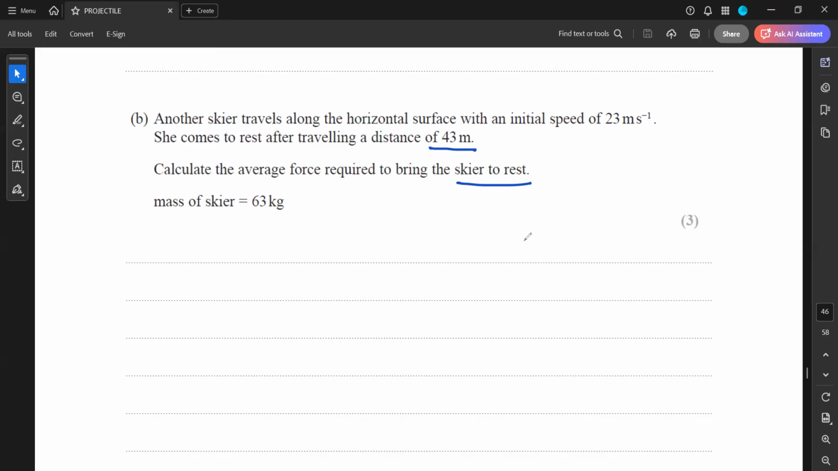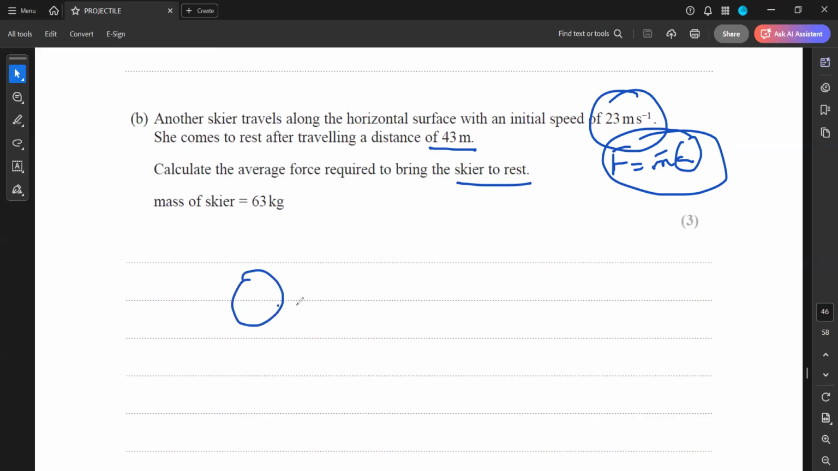We'll use Newton's second law, F equals ma. We have the mass, we will find the acceleration and multiply to get the force. But how to get the acceleration? You can use F equals ma, or you can also use another concept, because in the question she traveled on a horizontal surface with initial speed 23 and comes to rest. If I say an object is moving at a speed of 2 meters per second and has a mass of 5 kilograms,